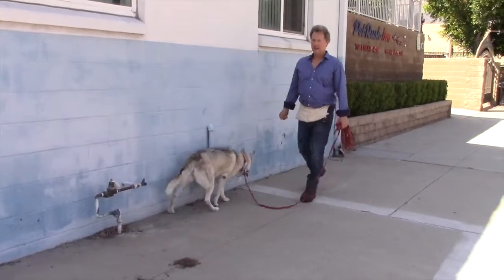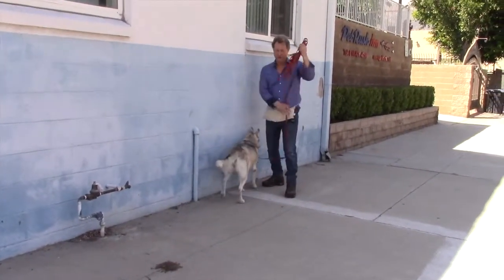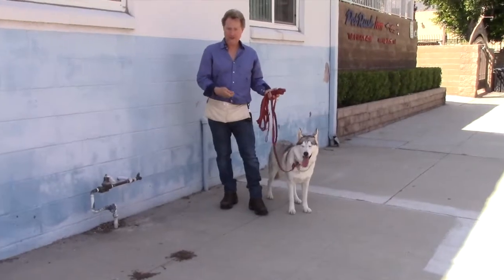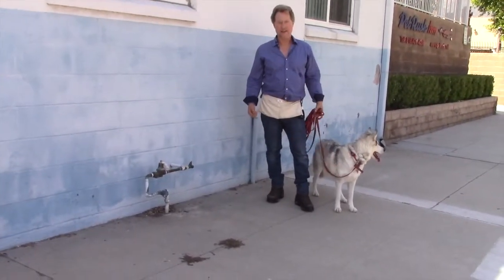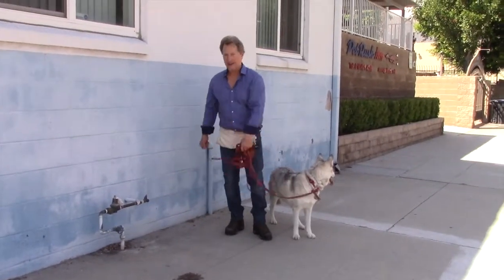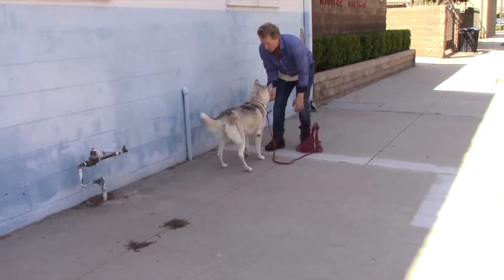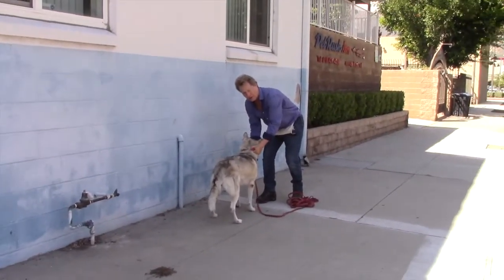And when she comes to you, make sure that you hook your, and I think I wasn't doing that. So let me show you one more thing I want to add that you have to do every time, because obviously we're practicing this for the event that's going to be an emergency, and you need her to come to you, and you need to be able to have her and take her back onto your property or into your house. So when you say come, right hand reward, left hand hooks underneath her collar,